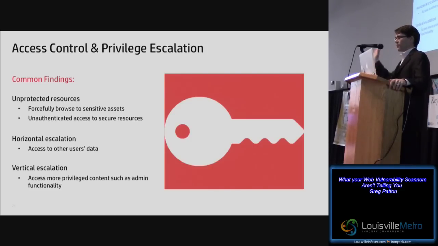There's also vertical escalation, where I'm a regular user on the site. Vertical escalation would be that I now have access to more privileged functionality or information on the site, such as admin functionality. So, obviously one way to test this is to test with 2 accounts: the account of a regular user and the account of an admin user, and compare and see what the regular user can see versus the admin user can see, and then actually take that regular user and force browse to all those administrative controls and see, can the regular user actually